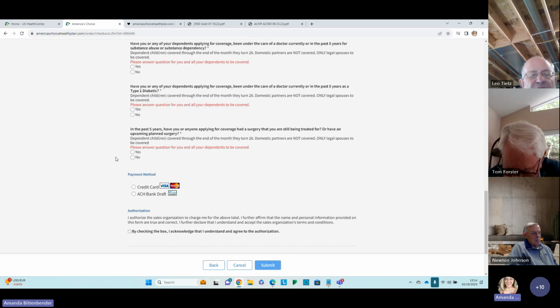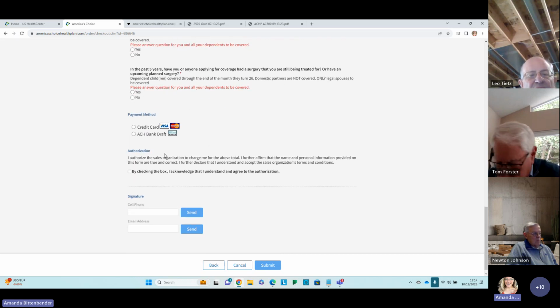So once you're through the 11 questions, it comes down to the payment section. At this time, we take 2 forms of payment. We take credit card and ACH. And with credit card, we take a Visa and MasterCard. And then we have the ACH bank draft. There is a 3% charge if they do use a credit card. So if you can push them into an ACH with that larger monthly payment for the premium, please do so. Save them a little bit of money versus using a credit card, if they can. With this,